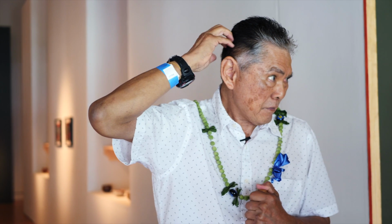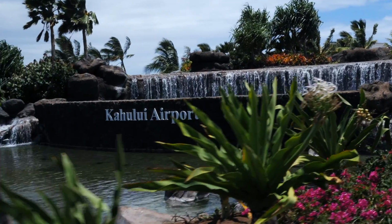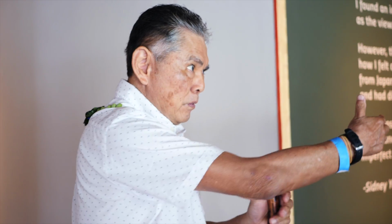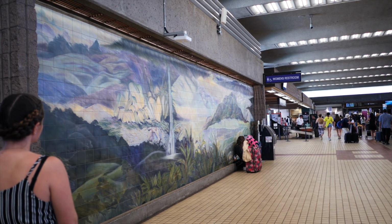People live here all their lives and they don't know it's there. They come into the ticket counter area and they get their ticket and they go to the security area. But you got to look to the street and then you can see it on that facing wall. It's 2 murals that are